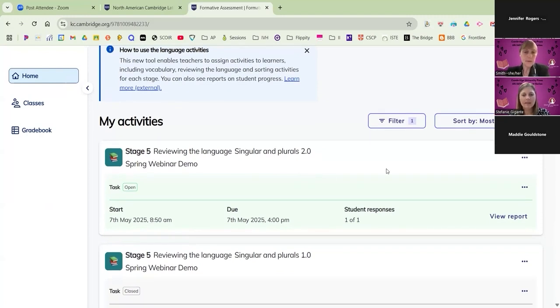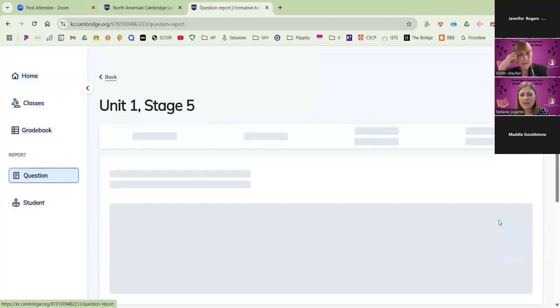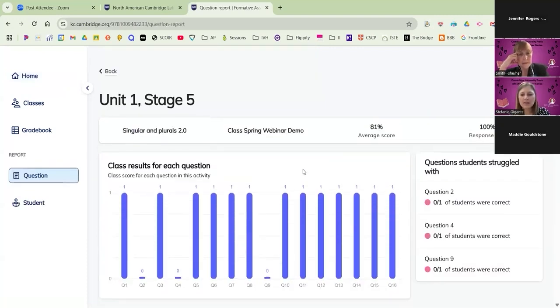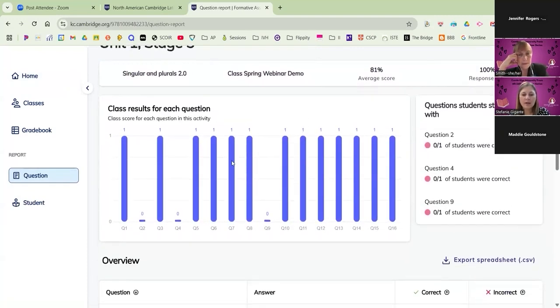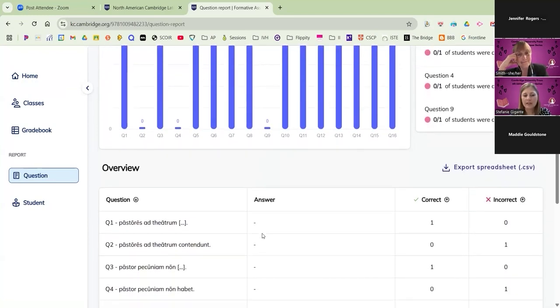Yes, excellent. I want to showcase the reporting technique for a language activity. Each stage has reviewing the language activities. In this question of singulars and plurals, again we only have the one, but I can see that questions 2, 4, and 9 were particularly challenging for the class.